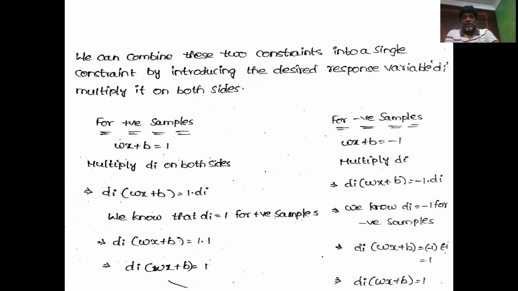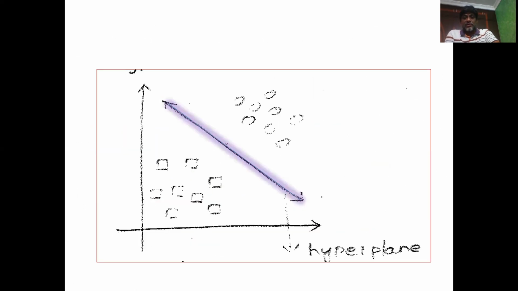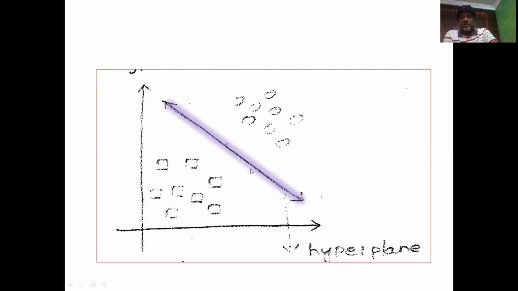We'll just go through the concepts that we discussed till now. We started with what is a binary classification problem. In a binary classification problem, there will be two classes of outputs, the positive class and the negative class, where each input pattern falls into one of these two classes. And a hyperplane means the line wx plus b equals 0 that separates the positive class and negative class input samples into two classes. Okay, like this. This is called a hyperplane.